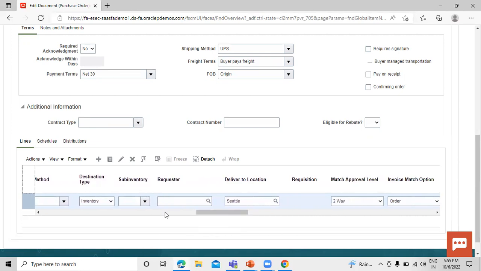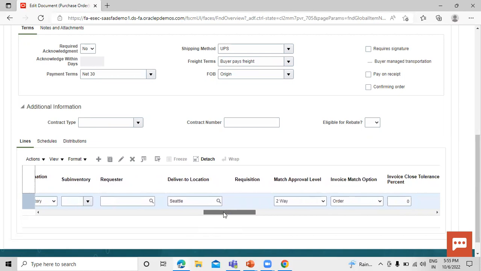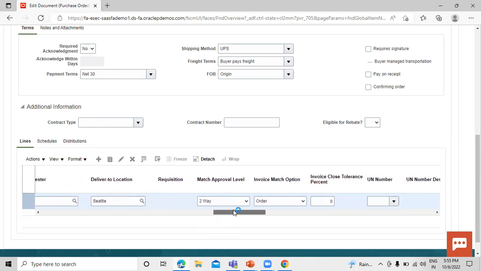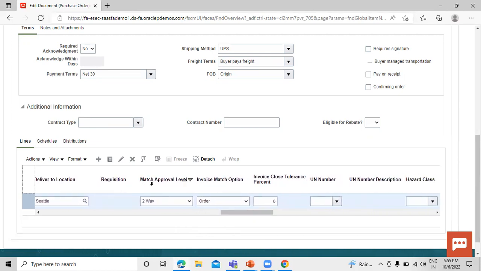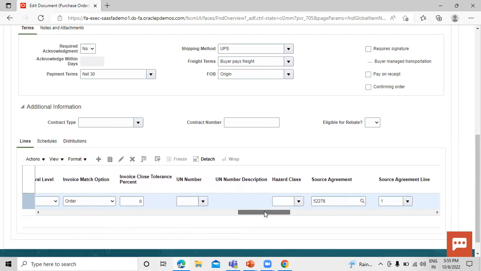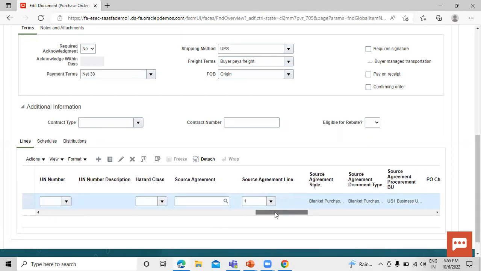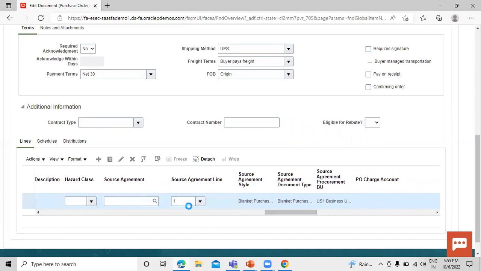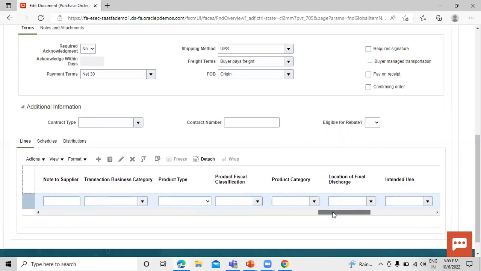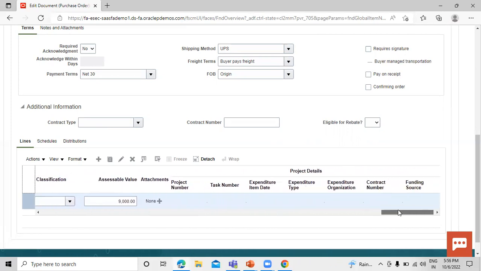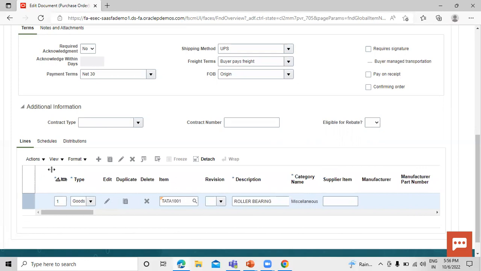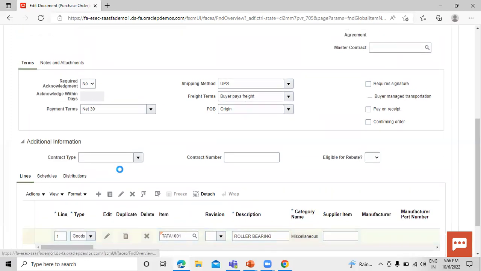Now you can define the destination type, the sub inventory over here, right? And you can define the match approval if you want. The source agreement, it's not our source agreement, right? Right, no issue. Now click on this schedules,